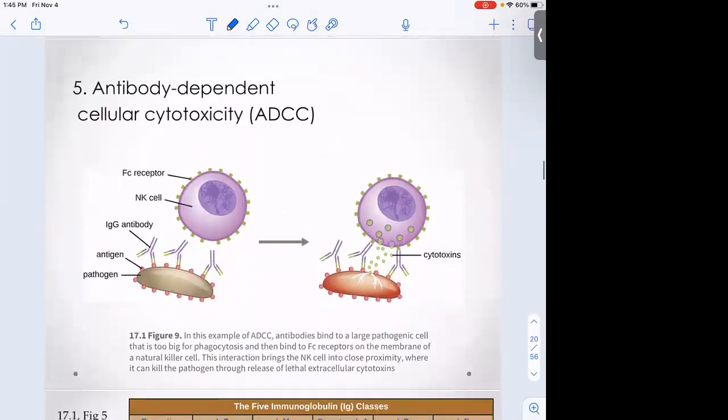And the last function of antibodies that we'll talk about involves the help of natural killer cells, NK cells. So here we have some pathogen being coated in antibody. Natural killer cells have, again, Fc receptors, receptors for the stem of that antibody. This antibody-dependent cellular cytotoxicity is most likely going to be a factor if there's antibody coating some especially large pathogen, one that's too large to be phagocytized. So the NK cell, when it